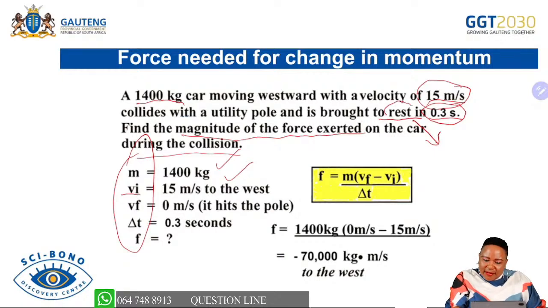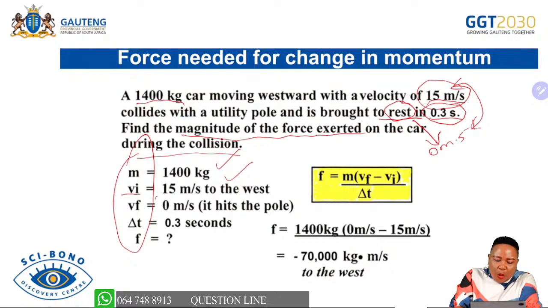So when you see the word rest, we already know that rest indicates 0 meters per second. So it starts at 15 and goes to 0 meters per second, which is your final velocity. That is why here we are saying our initial velocity is 15 meters per second and our final velocity is 0. So don't be surprised, where is 0 coming from? You are told that it will stop, and when something has stopped, it means it is not moving. And if something is not moving, its velocity is 0 meters per second.